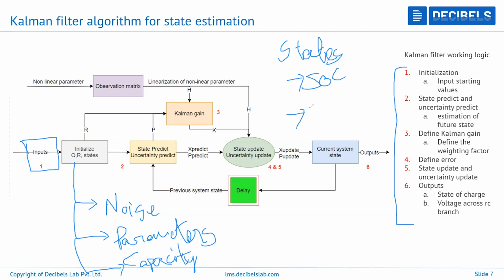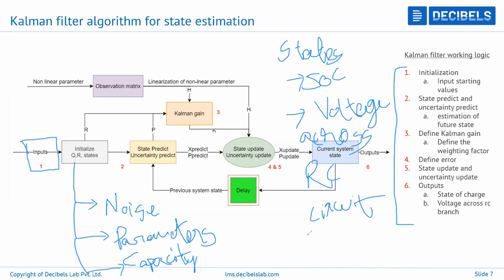The other is the voltage across the RC circuit. Okay. So these are the states of the entire system. We will not explore the derivation of these states because that is not part